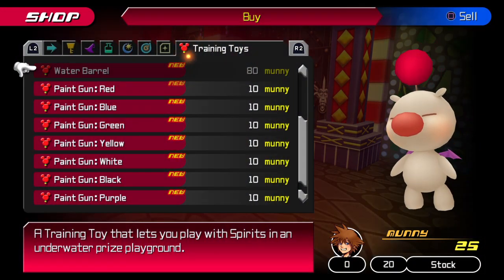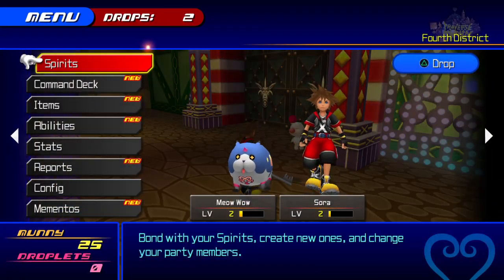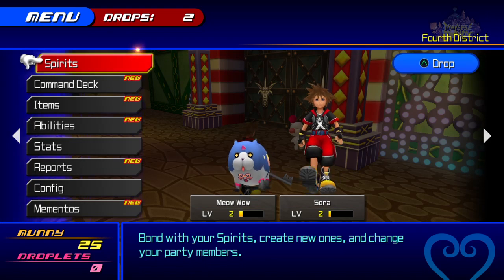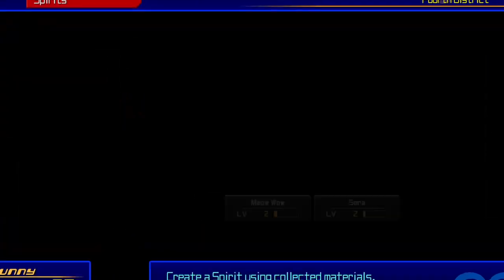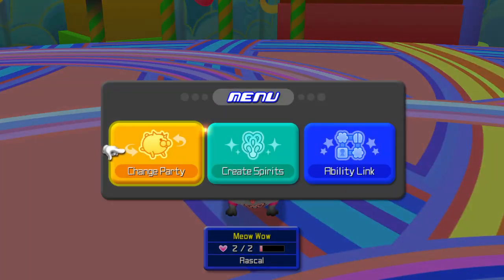I should also mention that you can just hit the start button to exit out of the shop immediately. I accidentally treated it earlier. You should get a tutorial pop-up here. You can just clear it with circle, and then you're going to come over to change spirit. That's not right, actually. You want to go to create spirit,